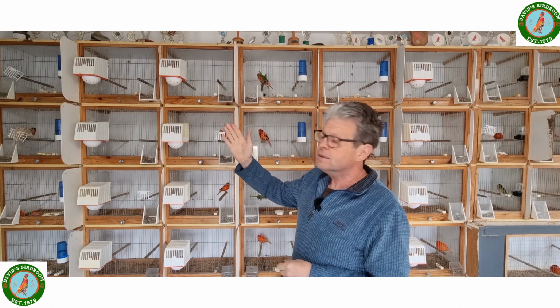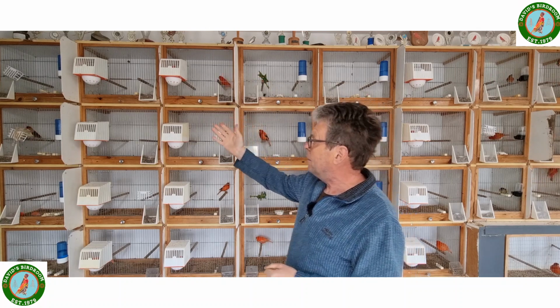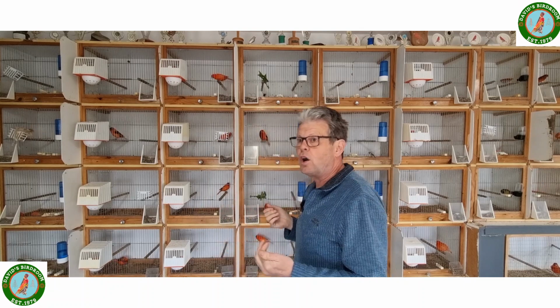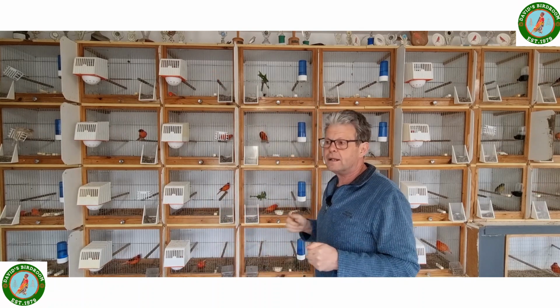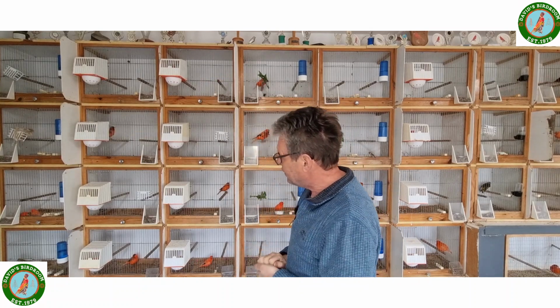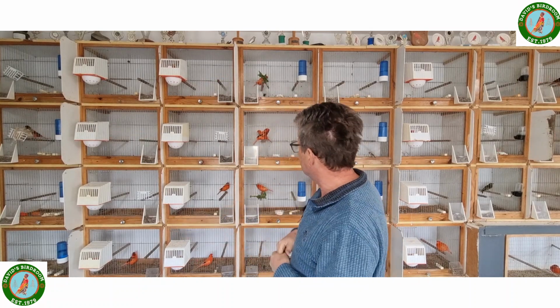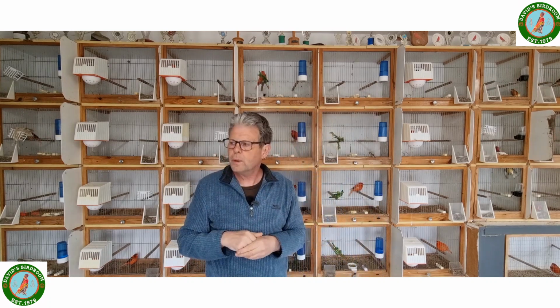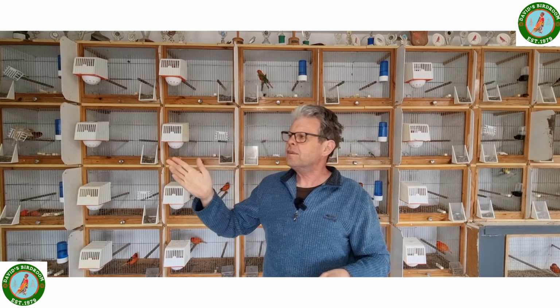A few of the hens had blank eggs or dead in the shells, and you're going to get that no matter how well you look after them, you're going to get someone that's not going to perform. But in general, I have quite a few young birds all in the nest at the minute and all doing well. My native birds,